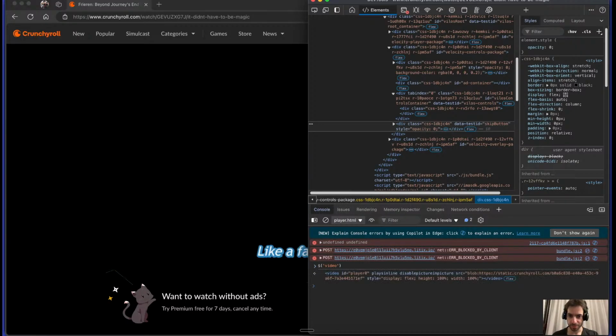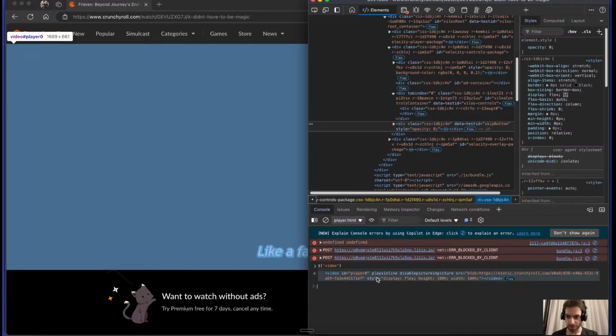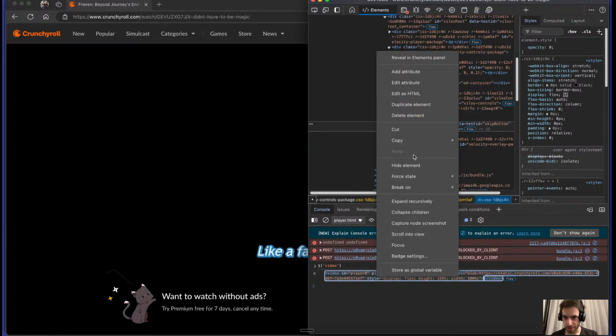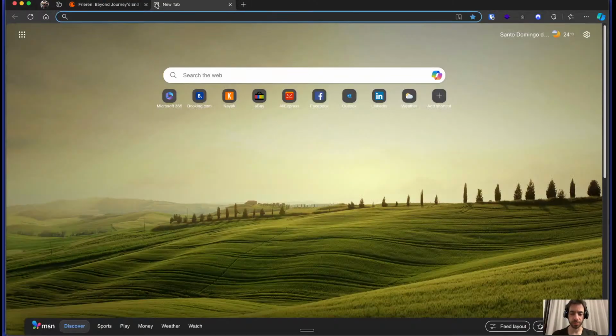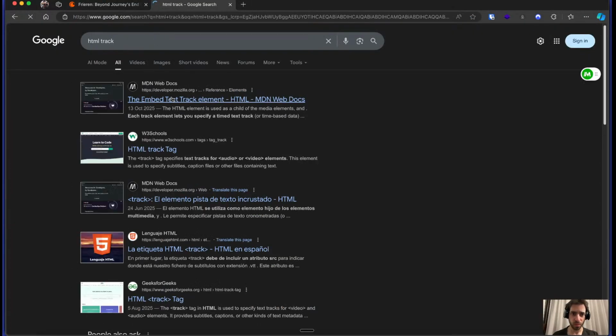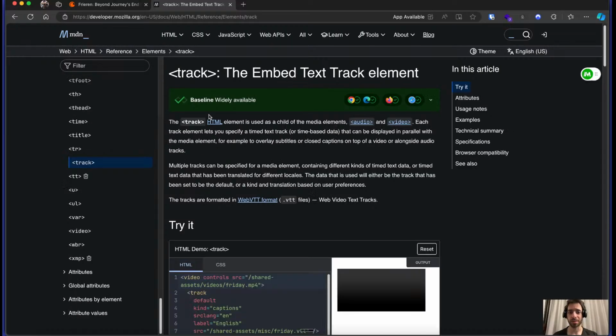I already did this, and you're gonna see here that there is a video. I'm gonna say reveal in elements panel. It's gonna show my video, but we're gonna see right out of the gate that there are no track elements. If we go to the HTML spec, we can see that the track element is the one that is used